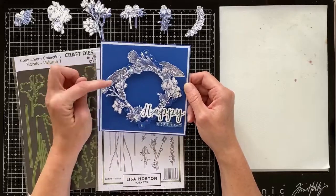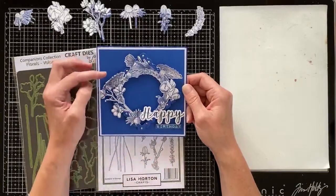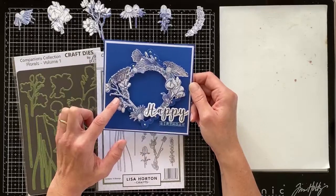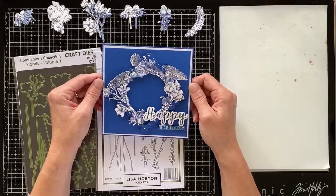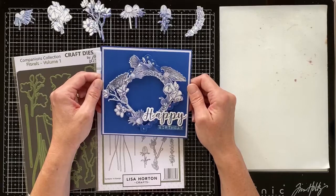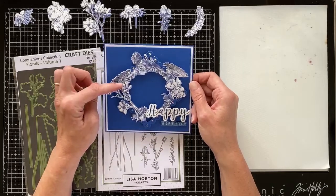Now you can see the way this card is made up also, that I've actually used a square scalloped frame in the background just to add a little bit of contrast to the wreath effect that we have in the foreground here. The other thing that I wanted to focus on when I was making this card, also the fact that it's like monotone. I wanted to keep it the blue and the white, and what I've done, I've actually stamped the